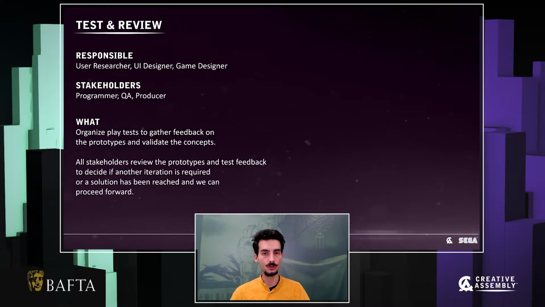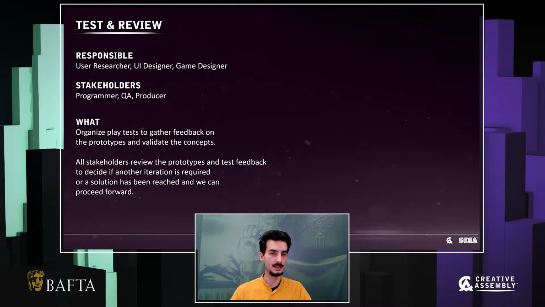So at this level, we're still very early in development, and we're still going for fast iterations, so it's perfectly fine to make changes to a prototype, or even completely scrap it and make a new one. Once the prototypes are done, and once we do the user tests, we then also hold